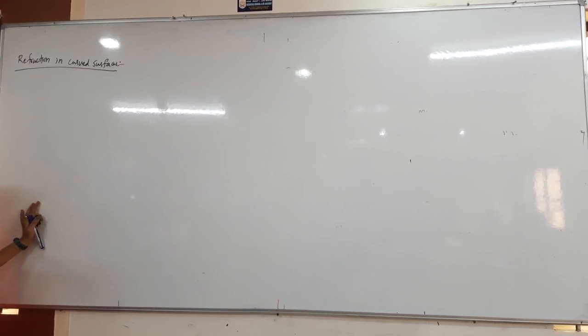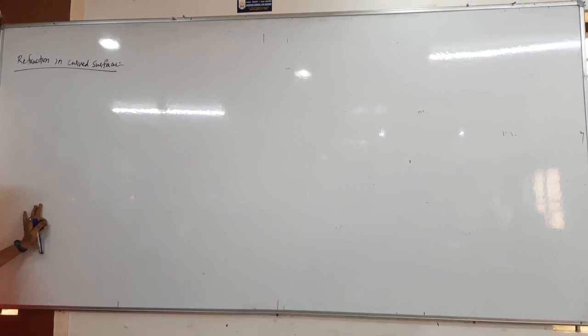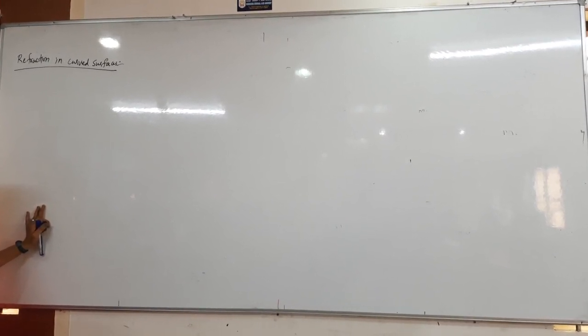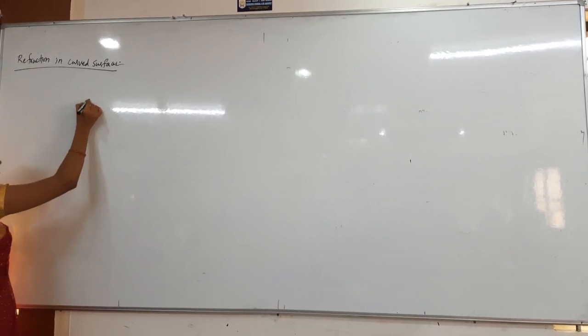Till yesterday we were having plane surfaces, now we are having a curved surface. The curved surface radius is not infinity. For a plane surface, how much radius did we take? Infinity. The entire right side term, how much did we take? Zero. Then we got the formula easily, mu1 by u is equals to mu2 by v. Now that is not the case, we will get the radius also, because the surface is curved here.